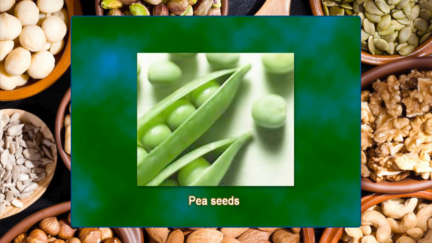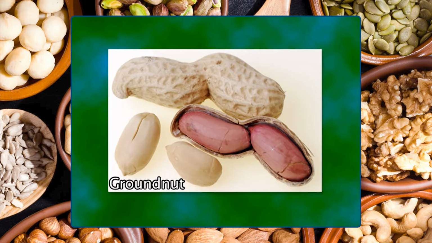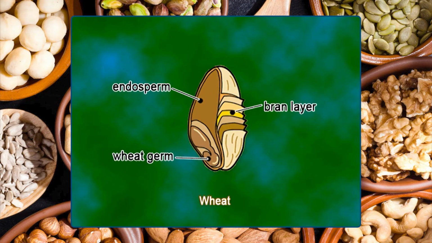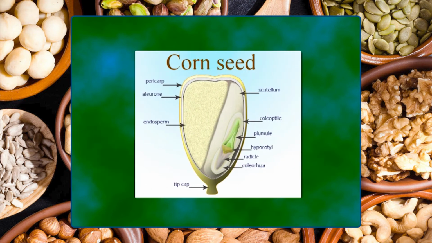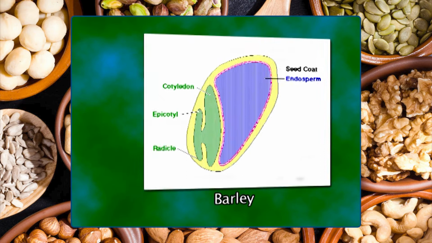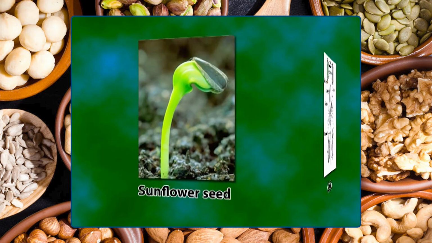Non-albuminous seeds have no residual endosperm as it is completely consumed during embryo development. For example, in pea, groundnut, etc. Albuminous seeds retain a part of endosperm as it is not completely used up during embryo development. For example, in wheat, maize, barley, castor and sunflower. Normally, the nucellus, that is the central part of an ovule, is absorbed and is absent in